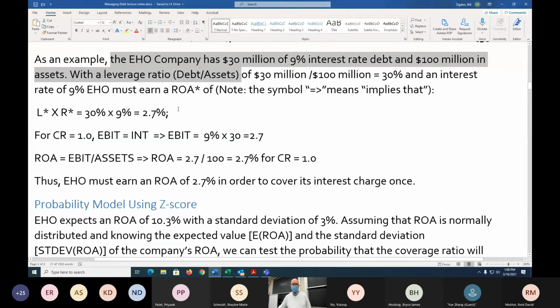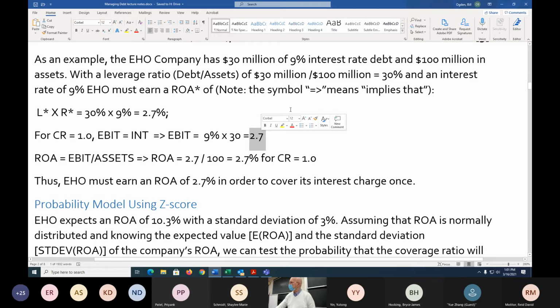Okay, so for this company, a coverage ratio of 1 means what? EBIT over interest comes out to be 1. So how do you get a ratio of 1? Well, the numerator and denominator have to be the same, don't they? So EBIT equals interest. So for my example company, you can see that they have 9% debt and 30 million of debt. So therefore, to cover once,